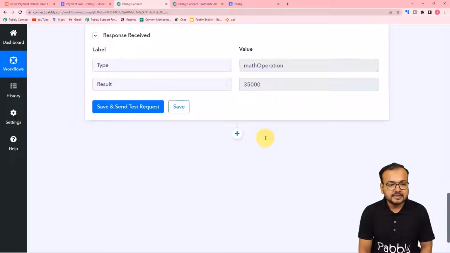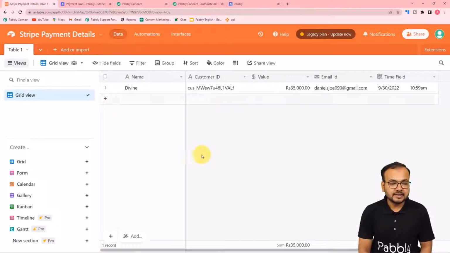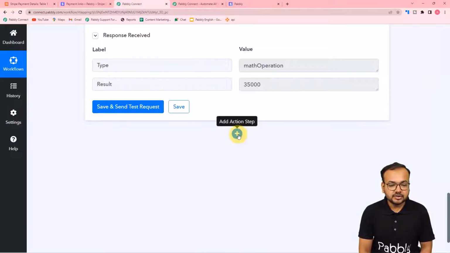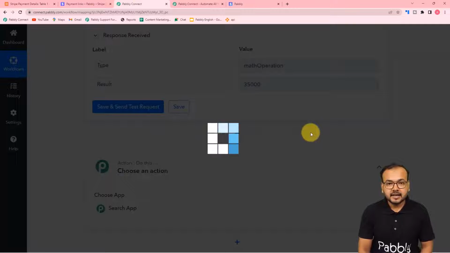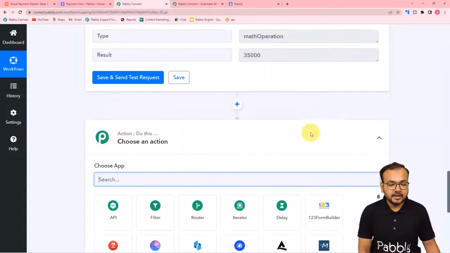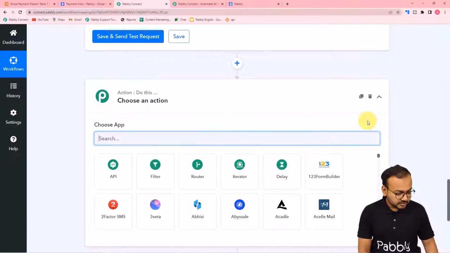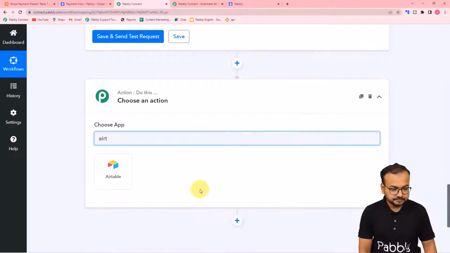Okay. Now guys, I want to add the payment details into my Airtable base here like this. Here I want to place the name of the customer, the customer's ID, the value of the deal or the product, the email ID. Okay, these are the things that I want to save here. For that, you just have to click here on this plus icon, and another actions tab will open up. Here you can connect with Airtable. So search for Airtable here,